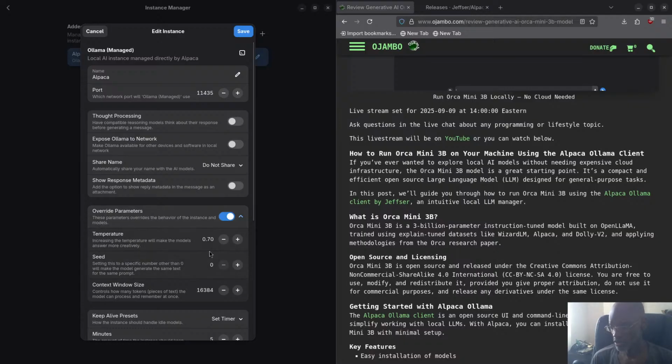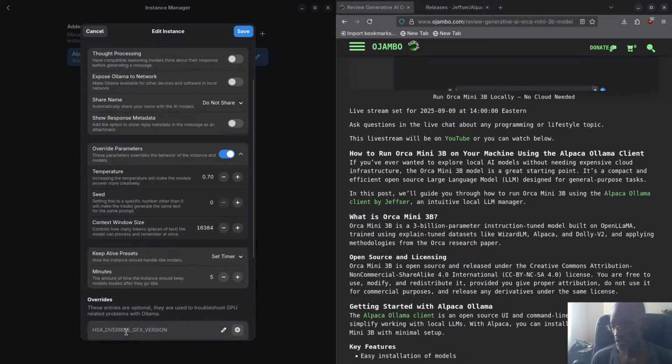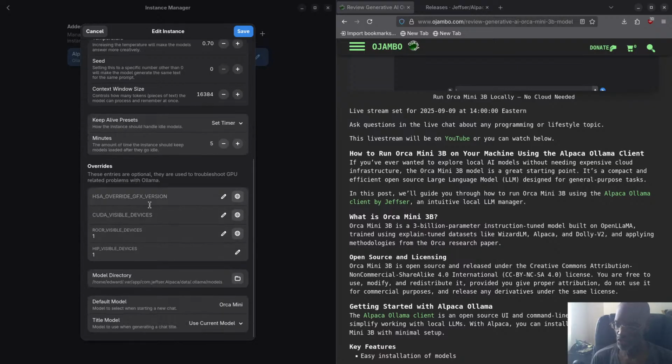I think this actually changed. I think this used to be 0.6, now it's 0.7. That's great. You can set the seed, context window size, and you can set the timer and override. Let's check out the overrides here. This one I'll show you guys. See, there's this